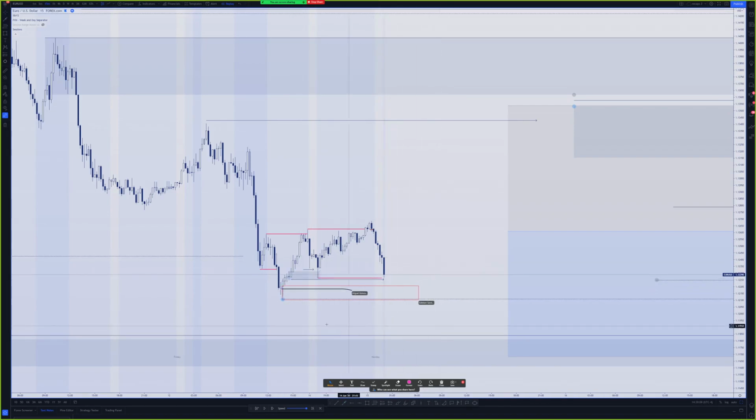I'll mark this as liquidity as well. Yeah, I like that zone too. Let's see if it comes into it. And again, we're not looking for entries. We're just trying to anticipate what price potentially is going to do. And if we can do this with somewhat decent accuracy, then we can look for trades in and